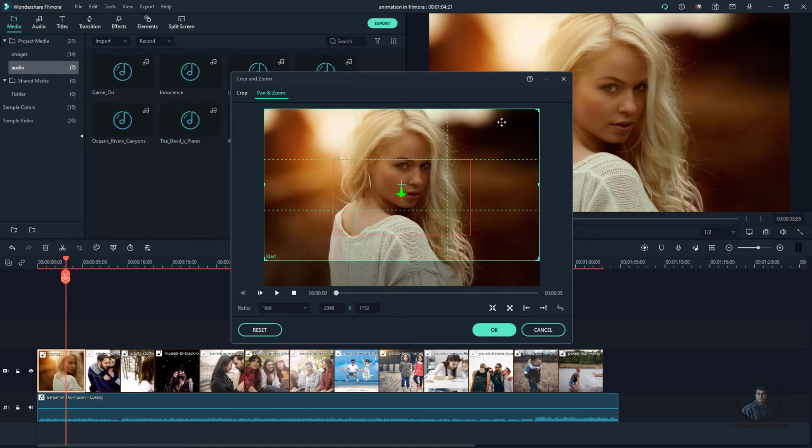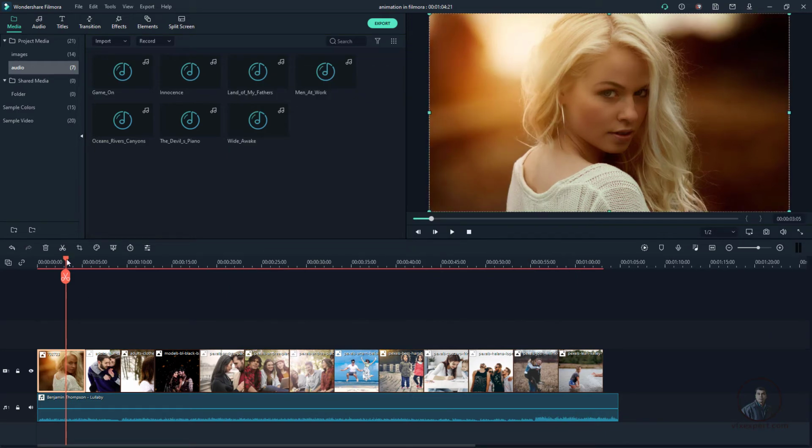Then you will see here two frames. This one is the start, means it will start from here, and the second one is the end one, you can see easily, and it will end here. Now if you want to adjust, you can adjust. So you can select our end area here, then click on end here. Now you can adjust. I think I just want to focus on this area, so it will start from here. Now if you press OK, now you can see.